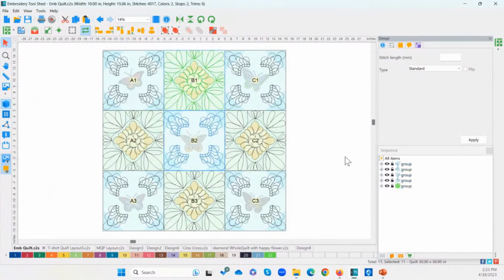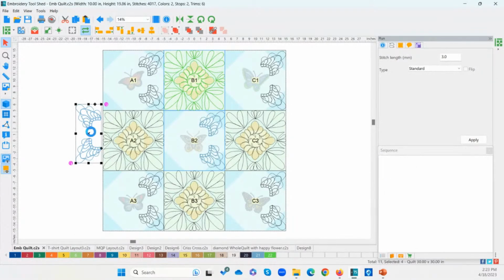Now, let's say that you have a hoop that is a 6 by 10. So you actually want this to export as the right half and the left half rather than the 4 corners. So if I select both of these and click the group option, it puts my 2 together as grouped together as these 2 selected.